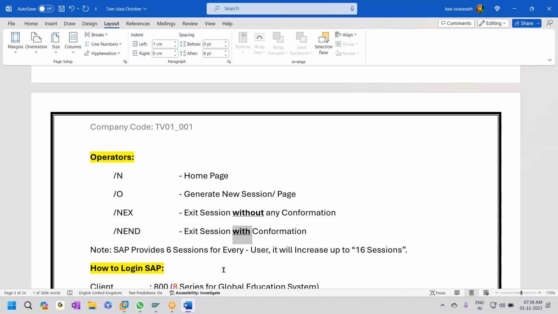See, what are the 4 different operators? /n homepage, /o generate new session, /nex exit session without any confirmation, /nend exit session with confirmation. Right? So note,